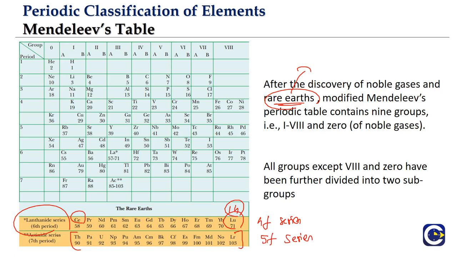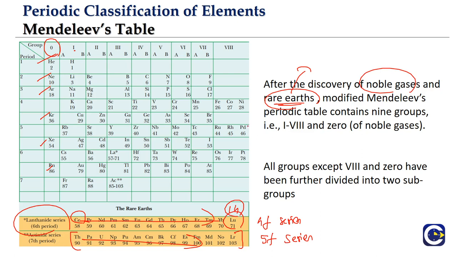But here, the discovery of the rare earths, along with the noble gases, made some modifications to the table. The inert gases were given a separate group. Previously we had group 1 to 8, and now we have a separate group called the zeroth group. The zero group will have the inert gas elements helium, neon, argon, krypton, xenon, and radon. And the lanthanoids and actinoids were kept separate from the table, because this entire series of 14 elements will have similar properties, and actinoids also will have similar properties. So this is how the table has been modified.